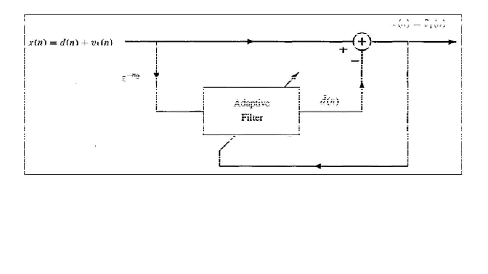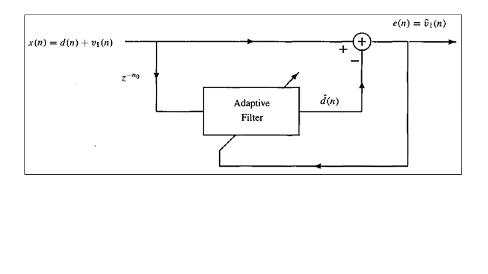So here it is the use of the adaptive filter here. Now here, instead of the implementation type we have discussed, the procedure will produce the estimate of the broadband process d of n, and the error signal e of n will correspond to an estimate of the noise signal